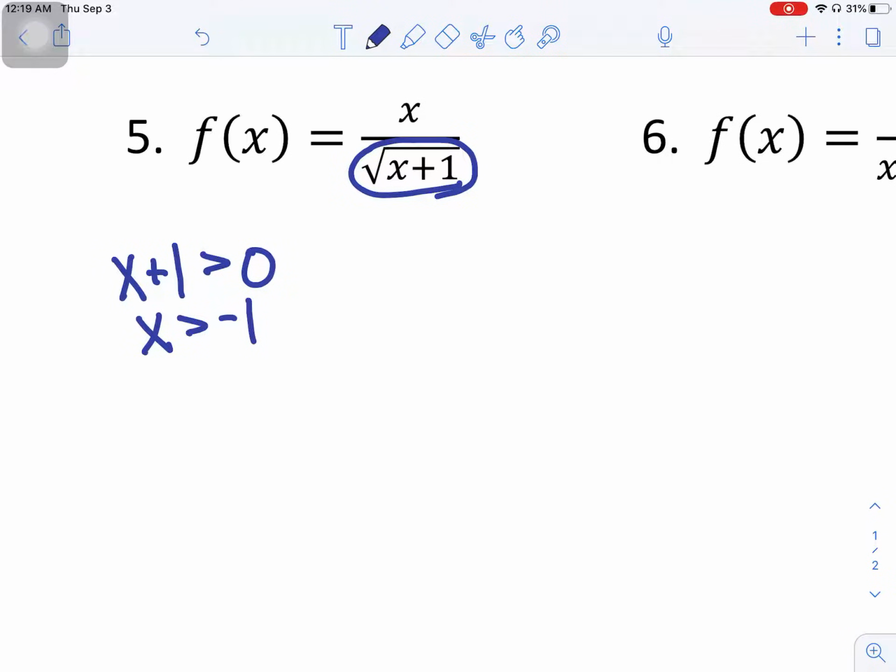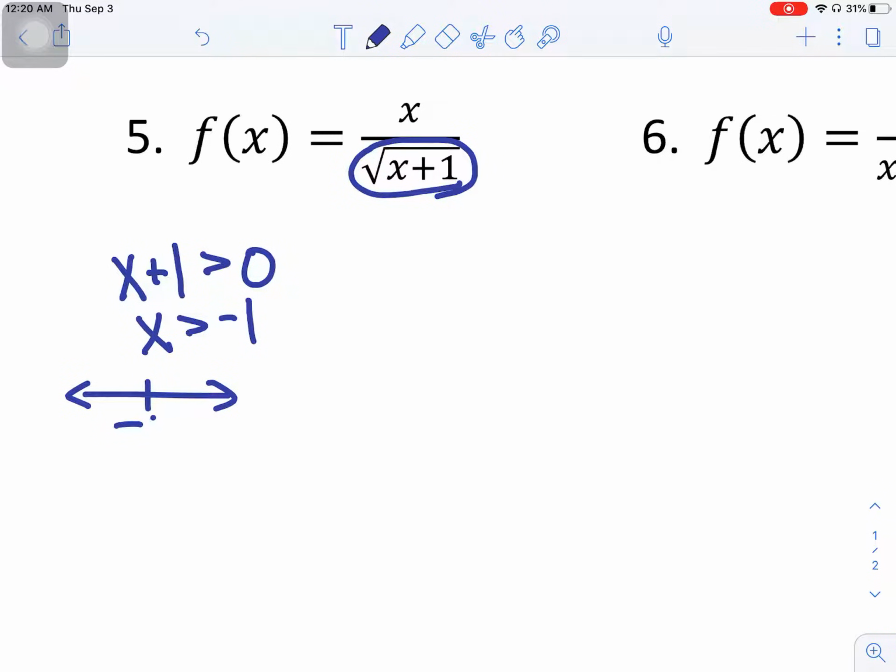That takes care of the square root. It doesn't matter what x in the numerator is. It's not a square root. The numerator of a fraction can be any value it wants to be. So don't worry about the numerator in this problem. All right? It's fine. So number line-wise, if you have a negative 1,